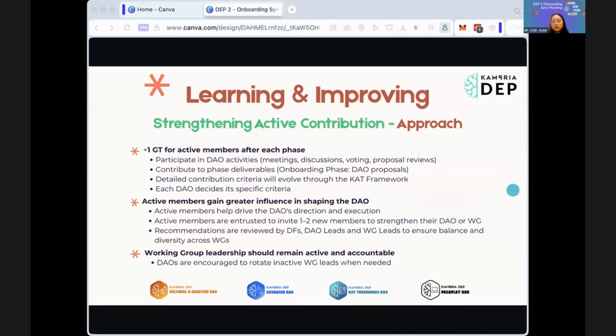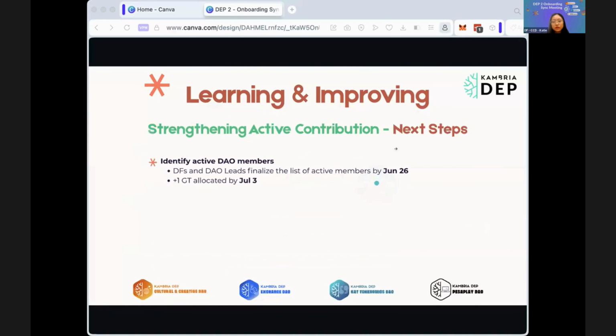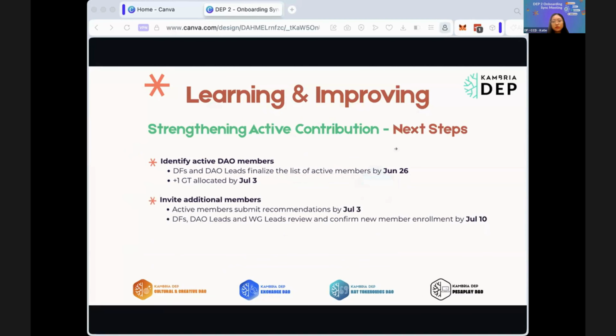And if a working group lacks active leadership, the DAO should discuss whether rotation is needed. To implement this approach, there are 3 next steps. First, DF and DAO lead will identify active members by June 26, and the additional GT will be allocated by July 3rd. Second, active members submit recommendations of new members by July 3rd.